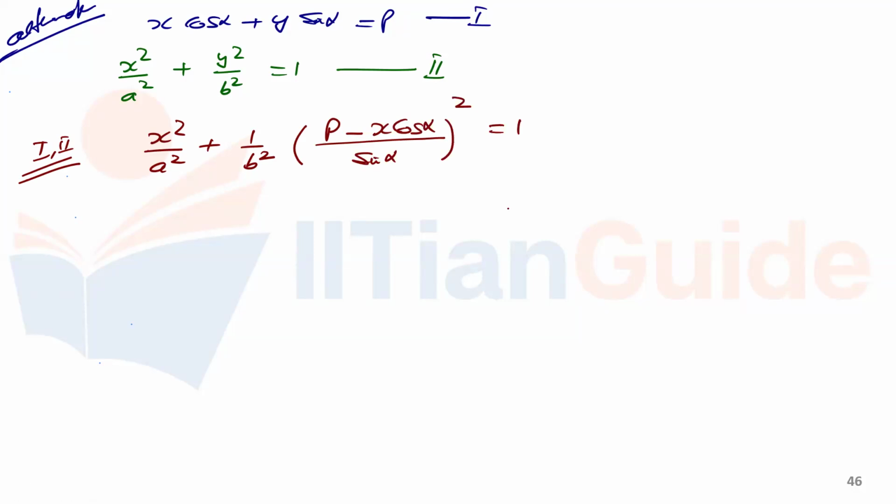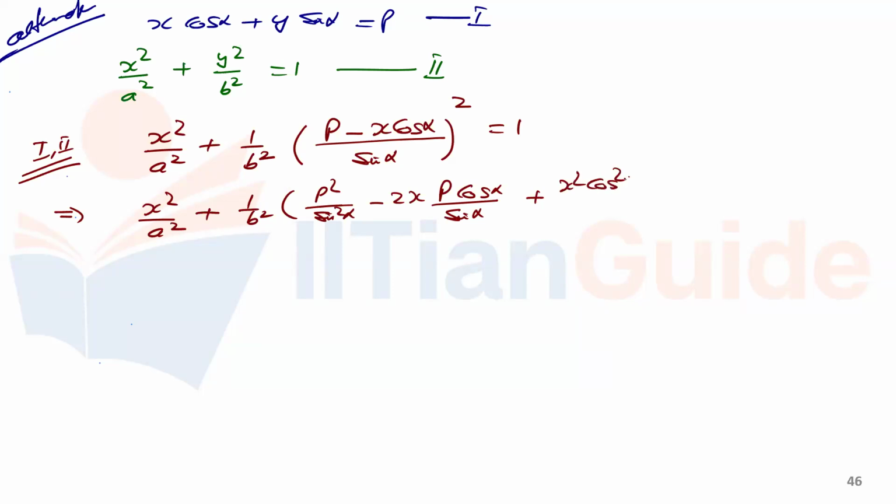Anyway, I'm opening the bracket. I'm getting the x square upon a square term plus p square upon b square. I will get p square upon sin square alpha. Here I will get minus 2x p cos alpha divided by sin alpha. And I will get plus x square cos square alpha divided by sin square alpha to be 1. I'm going to multiply the whole equation with sin square alpha. So I am getting,